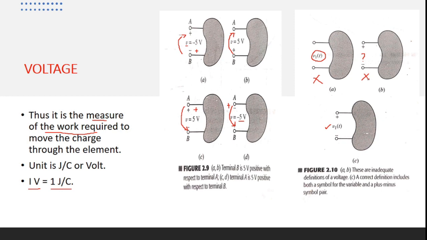So when we represent any voltage source, we must mention whether the terminal is positive or negative. In addition to this, we must also say what the value of the voltage connected to the circuit element is. Only then can we say that the voltage value is correctly specified, or else it becomes inadequate in nature.